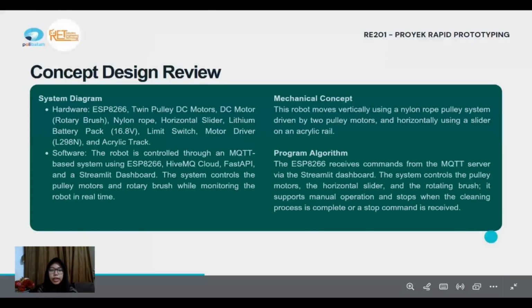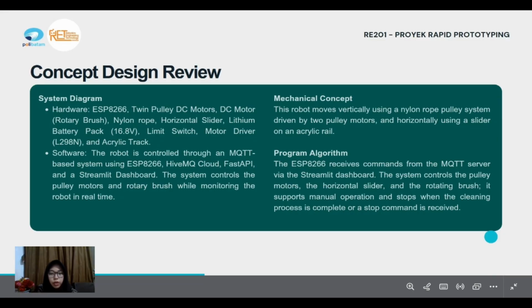In this section, I will explain our concept design review, preliminary design review, and critical design review. First, in the concept design review, we design the overall concept of our window cleaning robot. We select the main hardware components, including the ESP8266, DC motor, L298N motor driver, 16.8-volt lithium battery, limit switch, and the mechanical components such as the nylon rope pulley system, horizontal slider, and rotary brush.